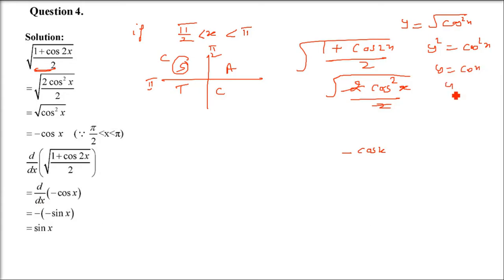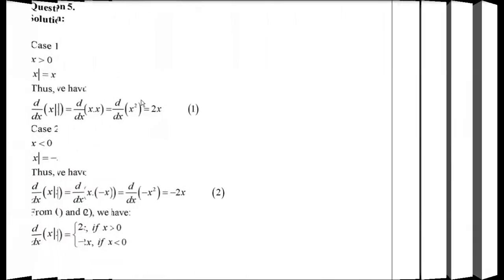So if we do this kind of thing, y can be cos x, or y can be minus cos x, because the square makes the negative go. So we have to see how it has come. Whenever we are dealing with root, we have to see whether it was negative or positive. Because the condition is pi by 2 to pi, d by dx of minus cos x will come. Minus minus cancel, derivative of cos x is minus sin x, so only sin x will come.